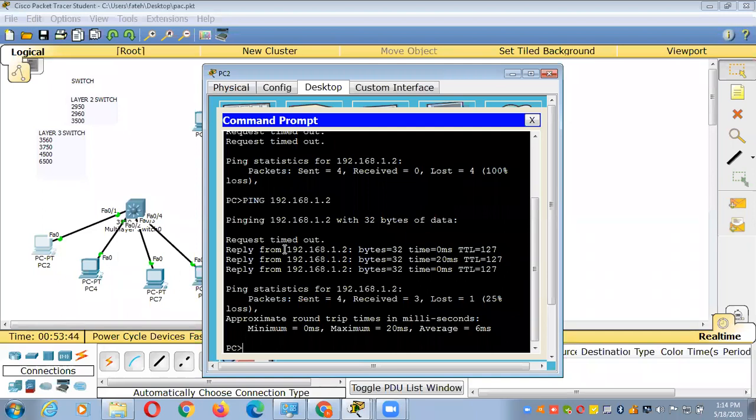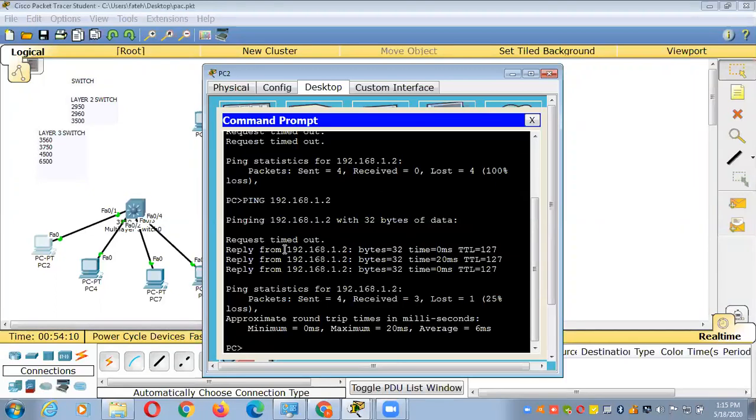I have an important question here. If your layer 3 switch is doing routing, why should I purchase a router? Yeah, a router ensures more security. So brother, if you want to implement security in your organization, you have to purchase a firewall there. No need to purchase a router there, brother.